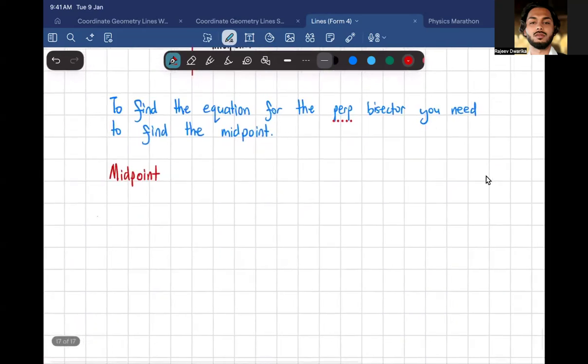So the midpoint formula is this. Midpoint is equal to